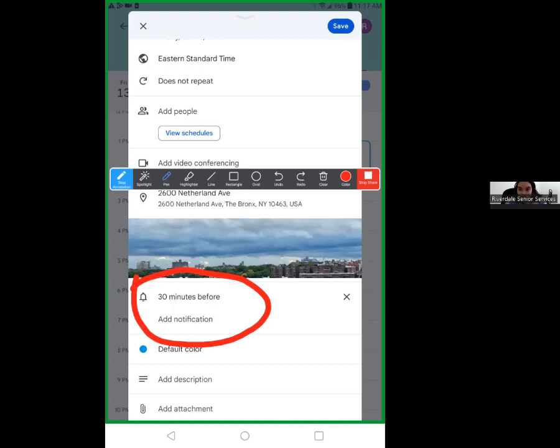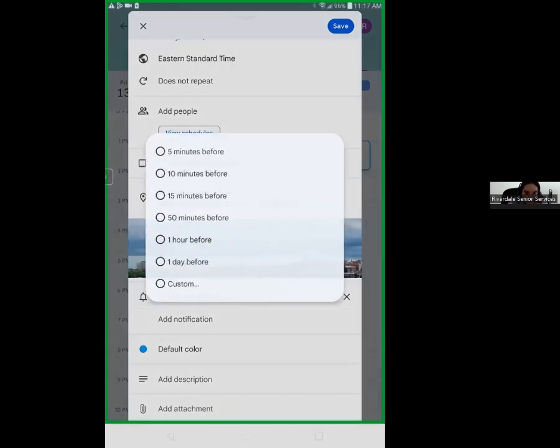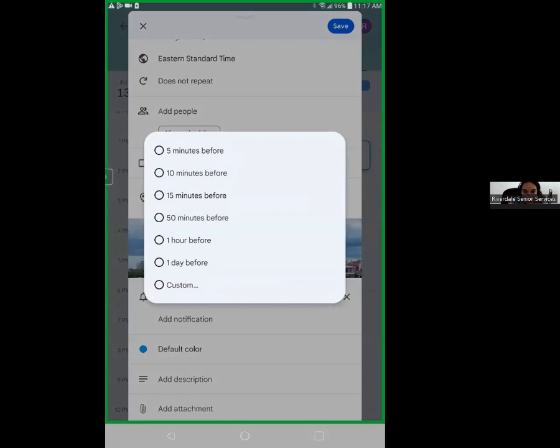However, 30 minutes before is not enough time for me, right? Because maybe 30 minutes before you're already out the door going to the appointment. So you may want to do a different time. I'm just going to show you how to do that. Under 30 minutes before, we have something that says add notification. If we tap on that, you can see now you have a menu with different options that you can choose from. So you could do 50 minutes before, an hour before the appointment, a day before the appointment,